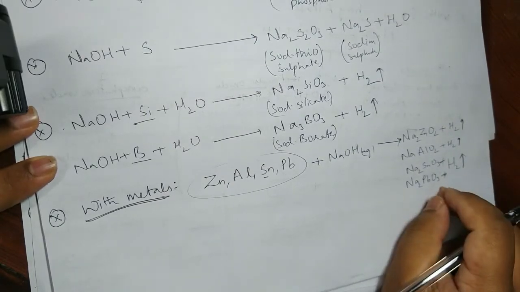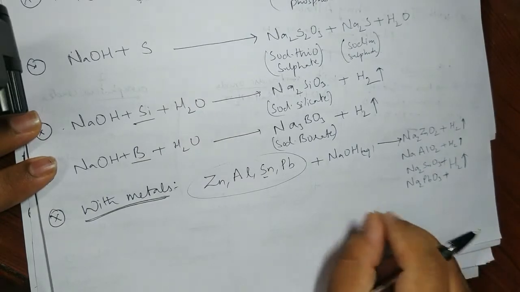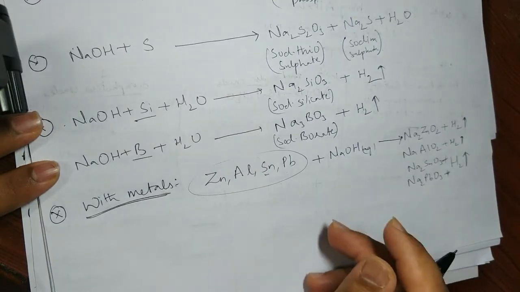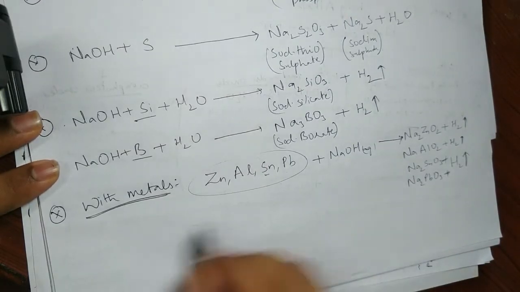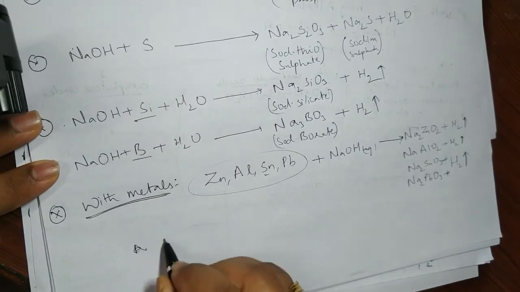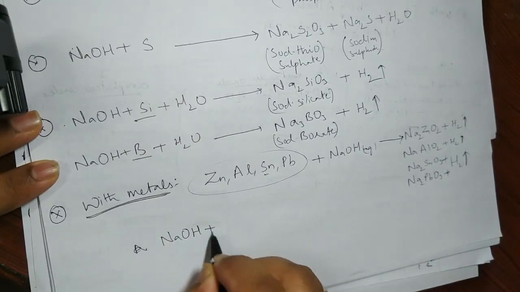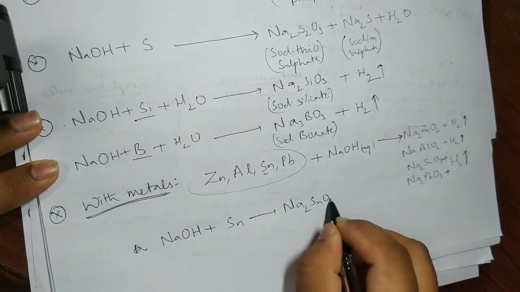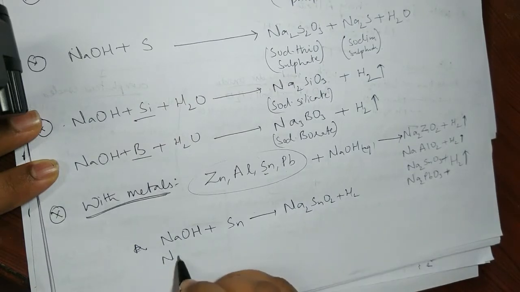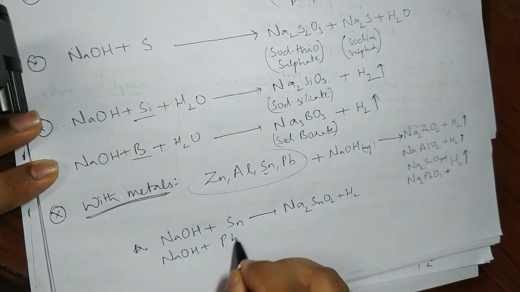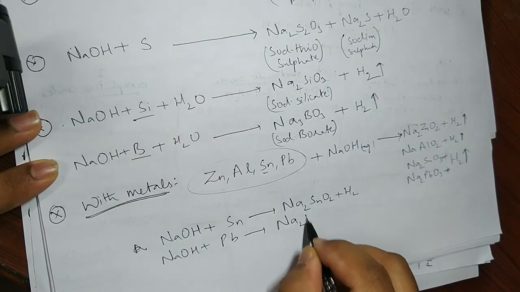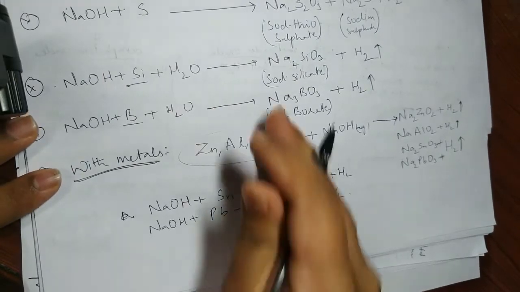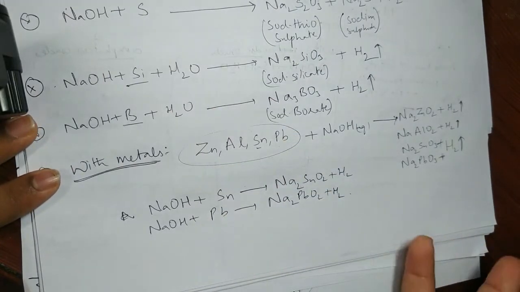Okay, and here the tin and lead, when we fuse with NaOH, form the other one, Na2SnO2 and Na2PbO2 also. I'll write that reaction also. When we fuse tin and lead, NaOH plus stannum will form Na2SnO2 plus H2, and if we treat it with lead also, the same thing, Na2PbO2 plus H2. Okay, so these are the reactions that you must be memorizing or remembering.